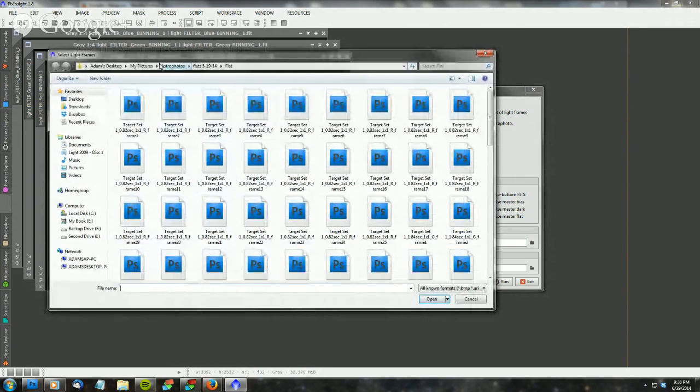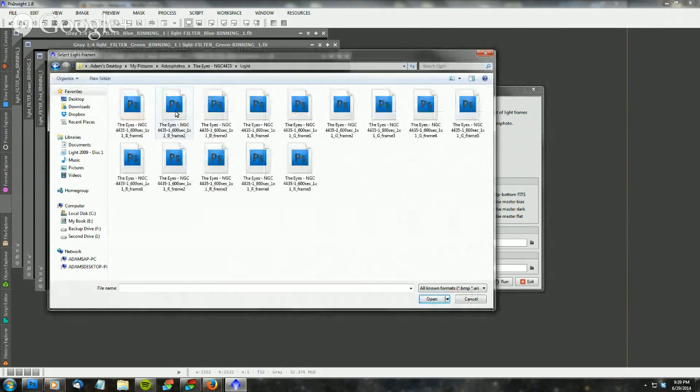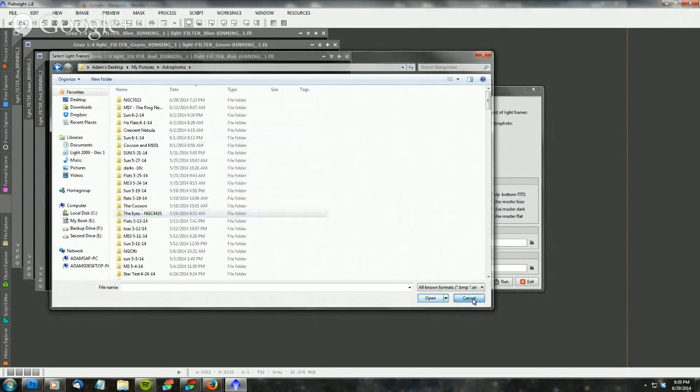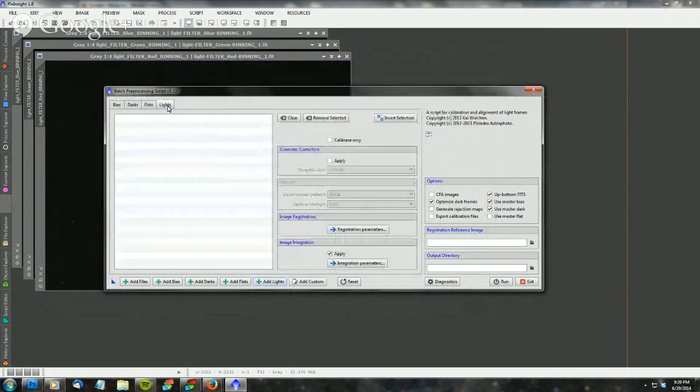You add your lights, and you go in and I've reshot this a couple times, so I'm not quite sure where my files are. But when I select my lights, the lights are going to populate in there just like the flats did, and it's going to have the filters selected properly. And I just want to browse over it. And the next thing you want to do is